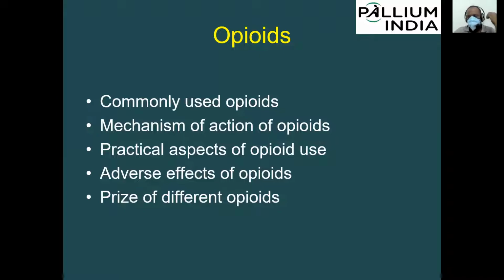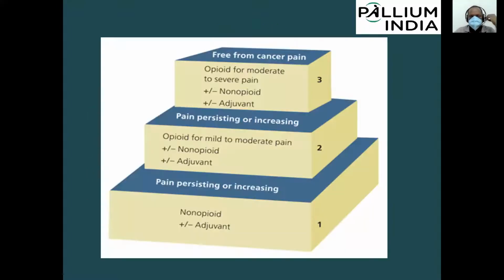And again, when we prescribe medication, many patients may not take it properly, for many reasons, but one of the reasons is the price of the medicine. If you prescribe a costly medication, the poor patient may not be able to purchase it, so they will have poor symptom control. They will come and tell you that they don't have proper symptom control, and then you will start increasing the medication rather than finding out the reason behind that. So it is important to know the price of opioids also.